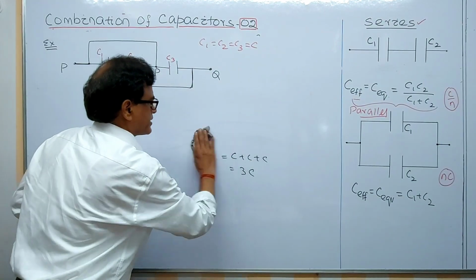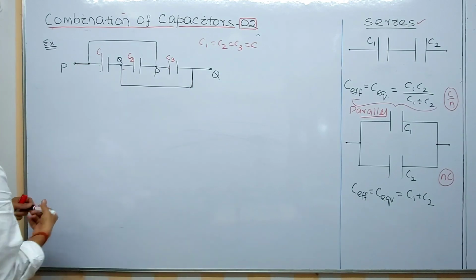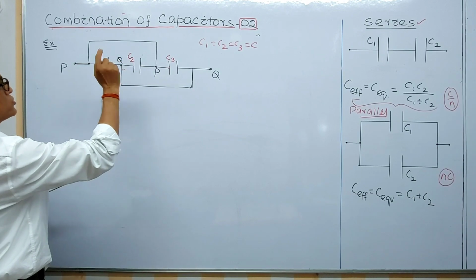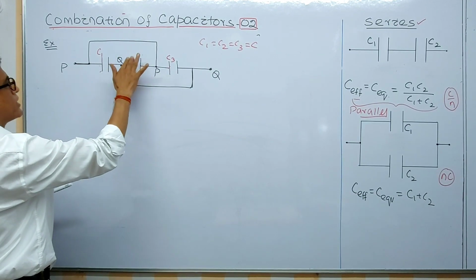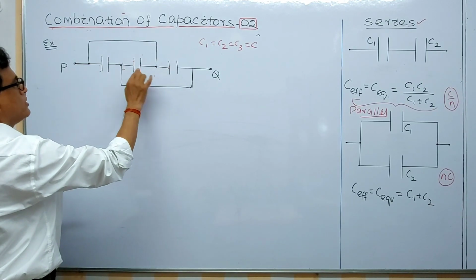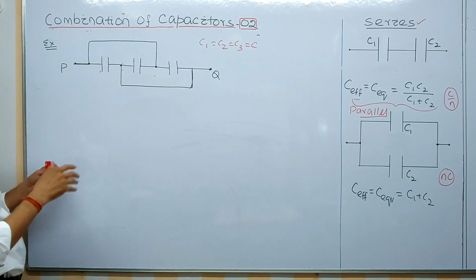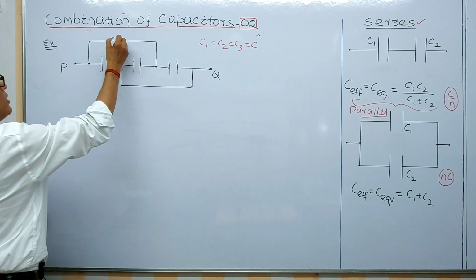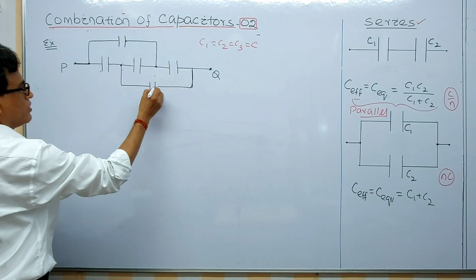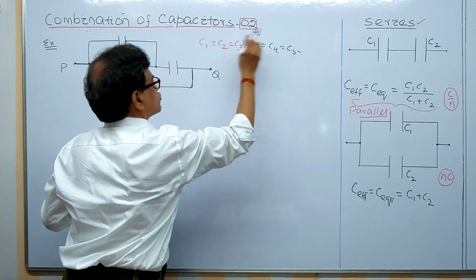Now I am modifying the circuit. This type of circuits, 3 to 4 circuits, I have given the materials. Now here I am changing this one, you see. C1, C2, I am changing all the capacitors now. Now the symbols I am changing. So these 3 capacitors are there, all of C values. Now here I will take 5 capacitors. I am changing this configuration, just you can see. All are C. C4 is equal to C5. All are C.